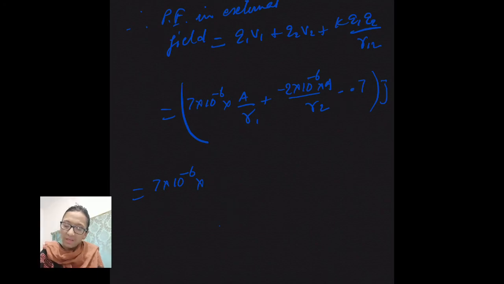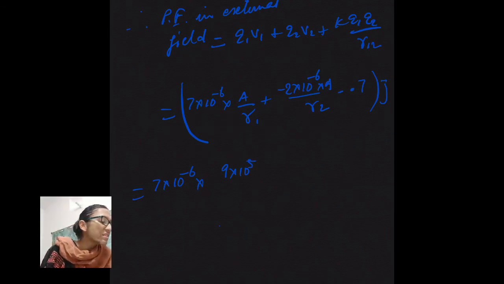So let me put the values of A and R: 7 into 10 power minus 6, into A, which is 9 into 10 power 5,